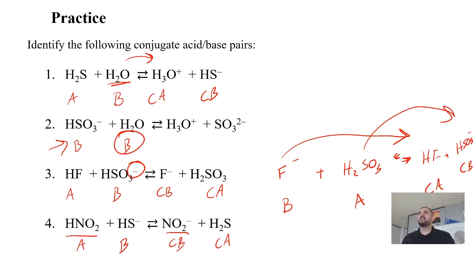So think of it as a spectrum. Which one is more acidic? Which one is more basic? And that's just how the pull works. For example, sometimes water is an acid, sometimes water is a base. It just depends on what you're mixing it with. Any other questions? All right, so